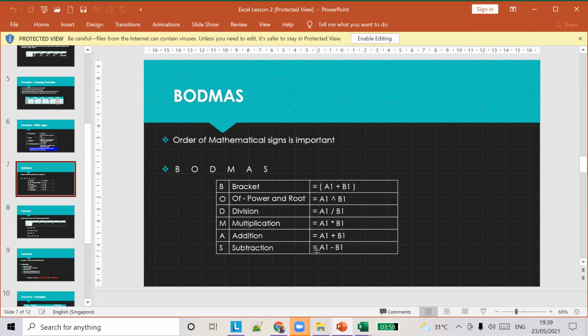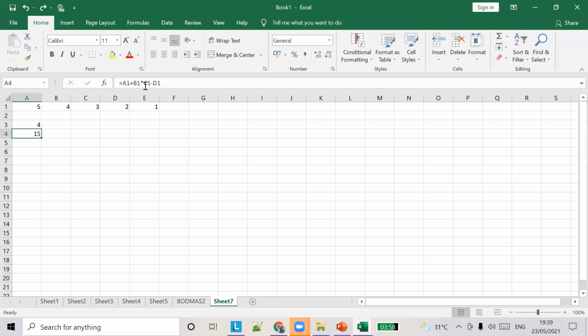Last is going to be subtraction, addition before that. So B1 into C1 is going to be calculated first. So 4 into 3 is 12, plus 5 is 17, minus D1 that is 2, 17 minus 2 is 15. Is it clear for you guys?